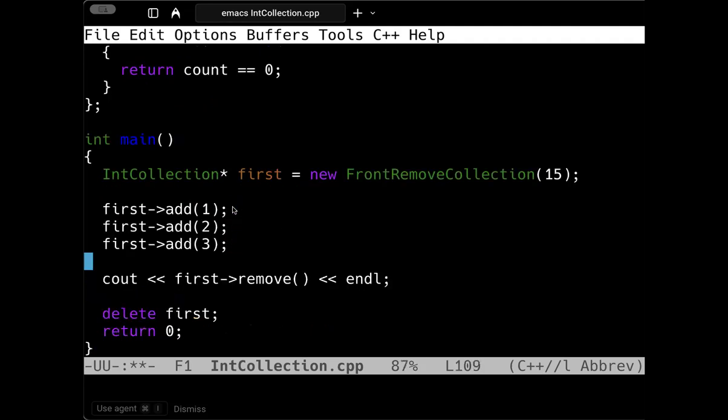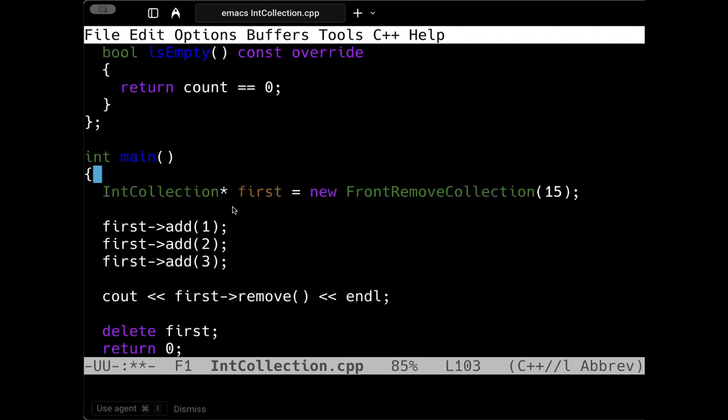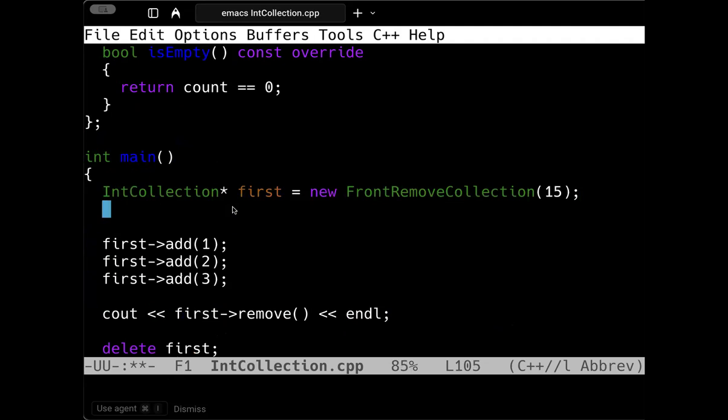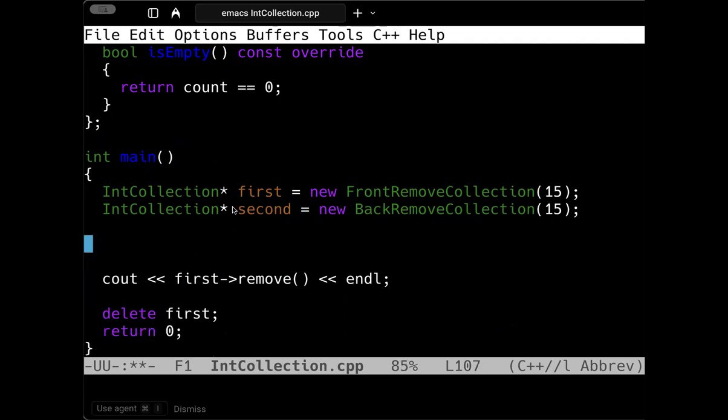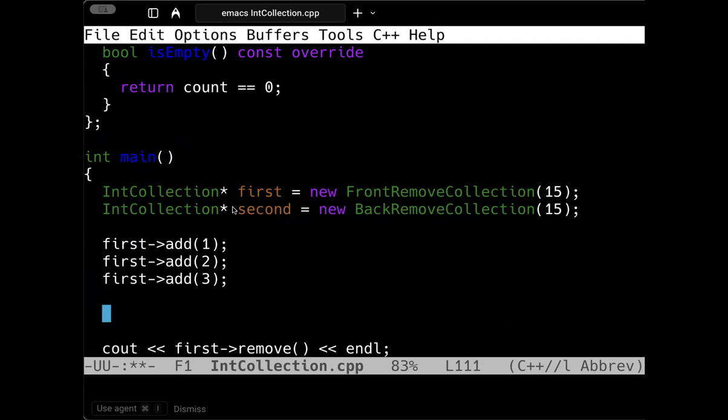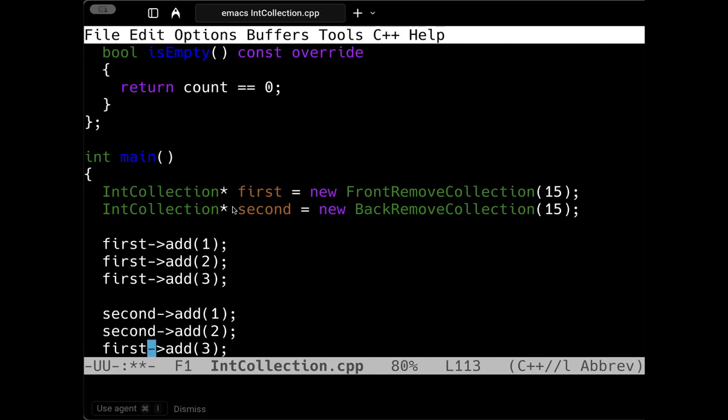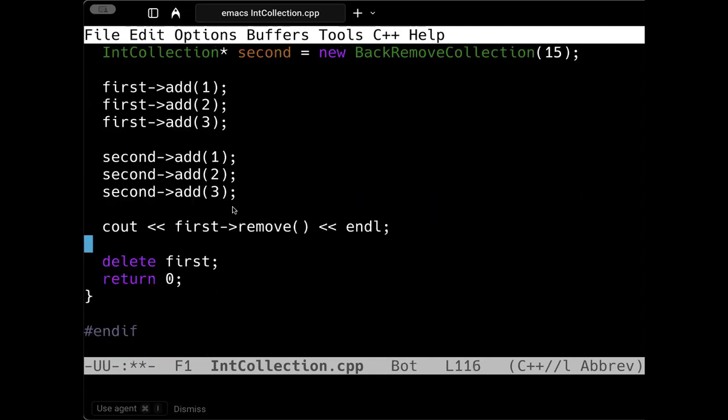Okay. So if we want to test this, we've come this far. I guess we can do the rest of it. Okay. So I can go ahead and copy this as well. Okay. But this is going to be a back remove. We call this second. Okay. Add the same things, but to second. Okay, and then